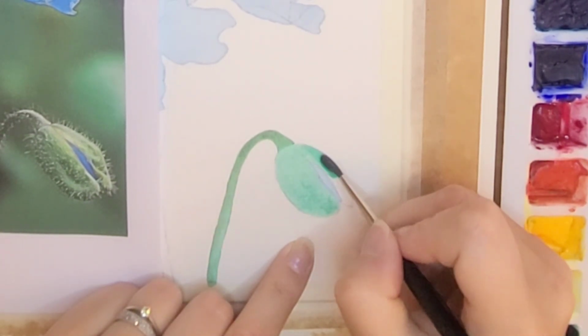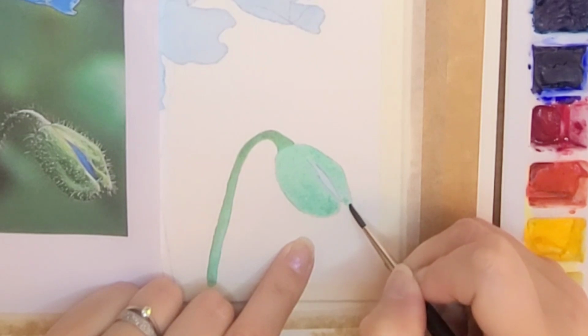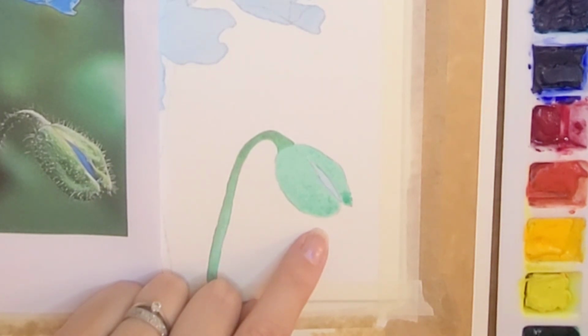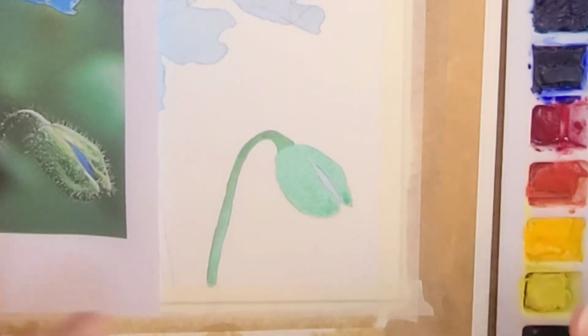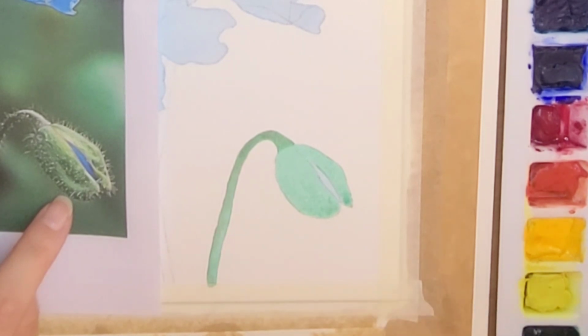See, that water is already dried, folks, on my paper. It's very difficult to paint when it's so hot, but I didn't want to not create a painting this week, so I've just got to bear with the conditions. So I've got to work with it as best I can. So you can see that's a nice even wash, and again I'm going to go into the dark green,